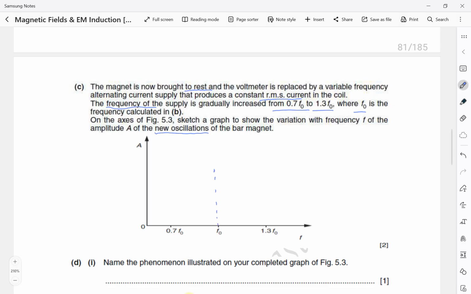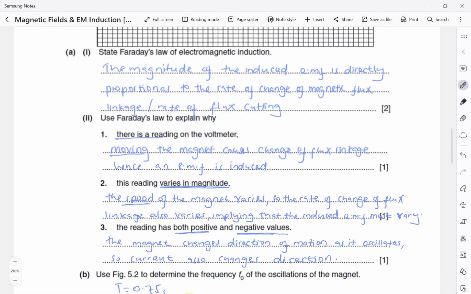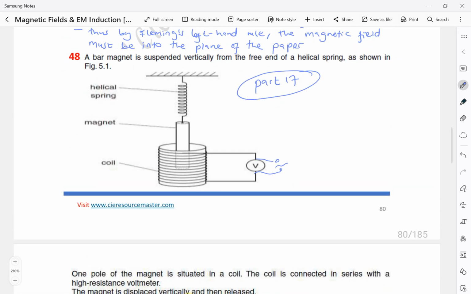This is where we expect the magnet to oscillate with the maximum amplitude, because the alternating power supply is what gives oscillations to the magnet. It creates a magnetic field which acts so as to oppose that of the magnet, causing the magnet to oscillate. Therefore, as we adjust the frequency of the alternating supply, we expect the amplitude of oscillation of the magnet to change,